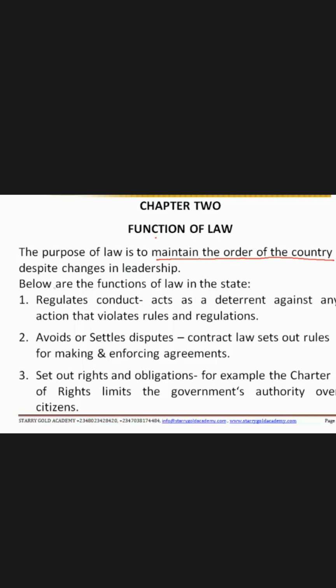So below are the functions of law in the state. So number one is that the law regulates conduct of who? Conduct of the citizens, conduct of the government, conduct of those who